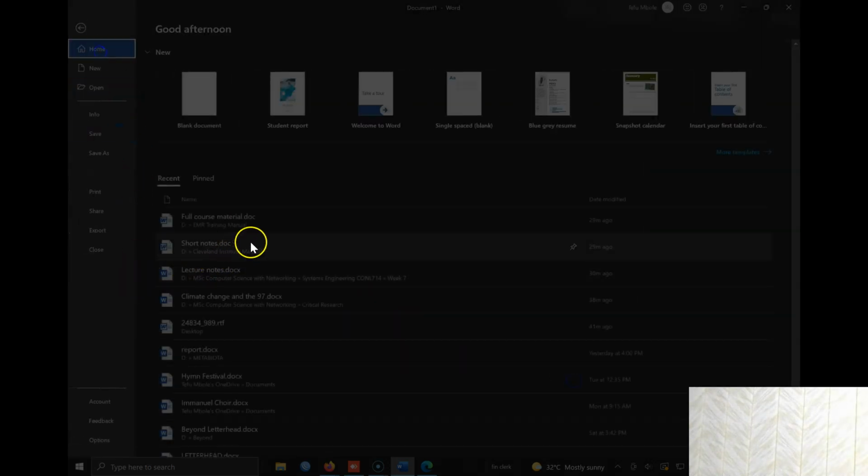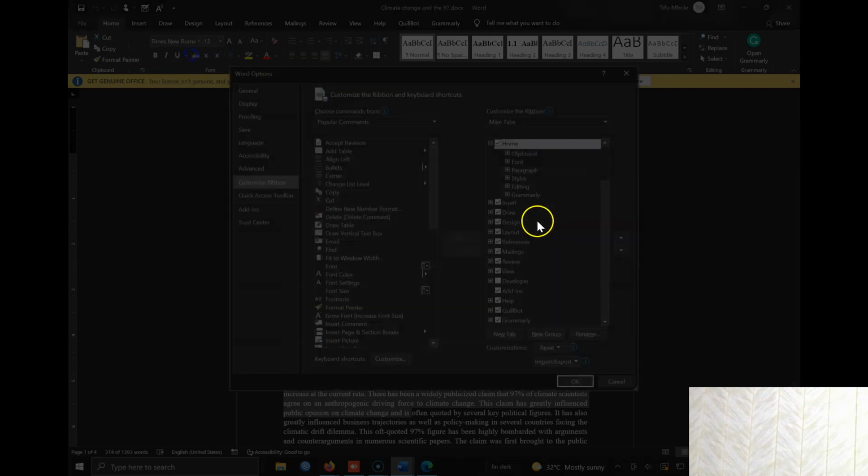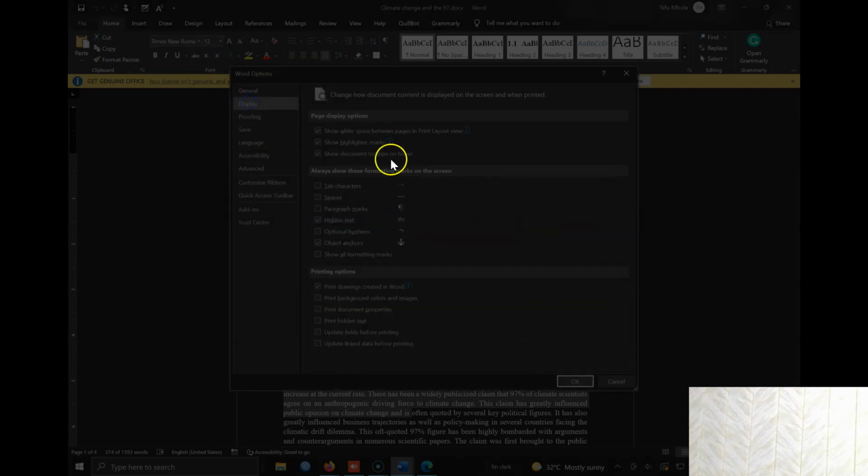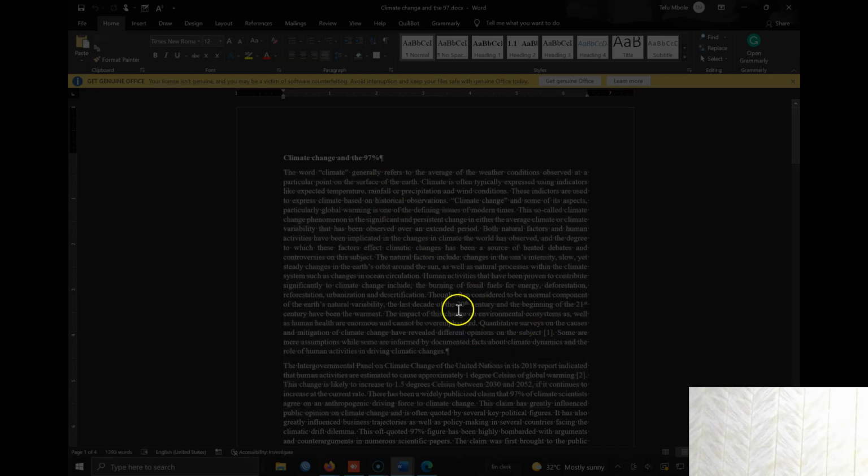Most of the times, let me open a document. Let me take this document. It's possible that when you go to customize ribbon button, under display, you might want to show tabs, show spaces, paragraph marks. All of these things you can add them, and when you take OK, you see that each time you give a space,